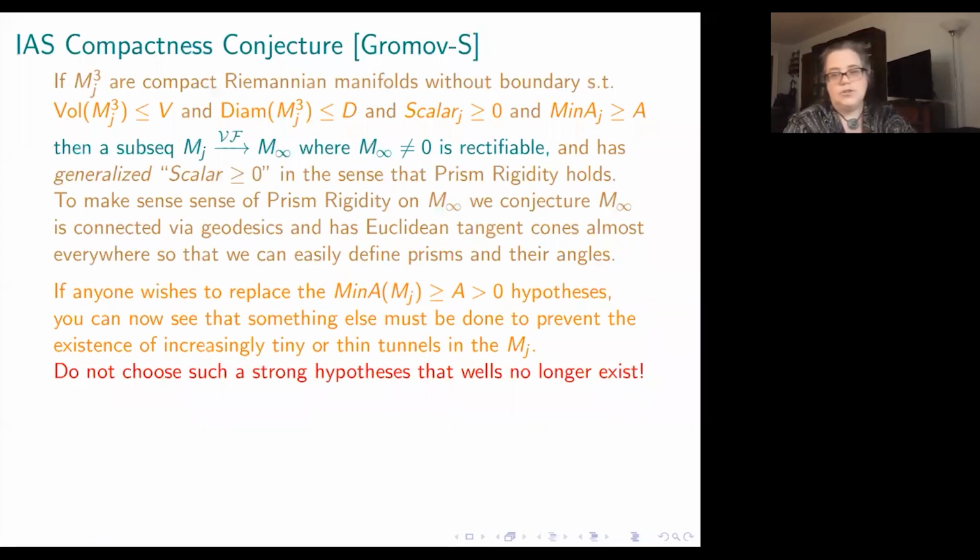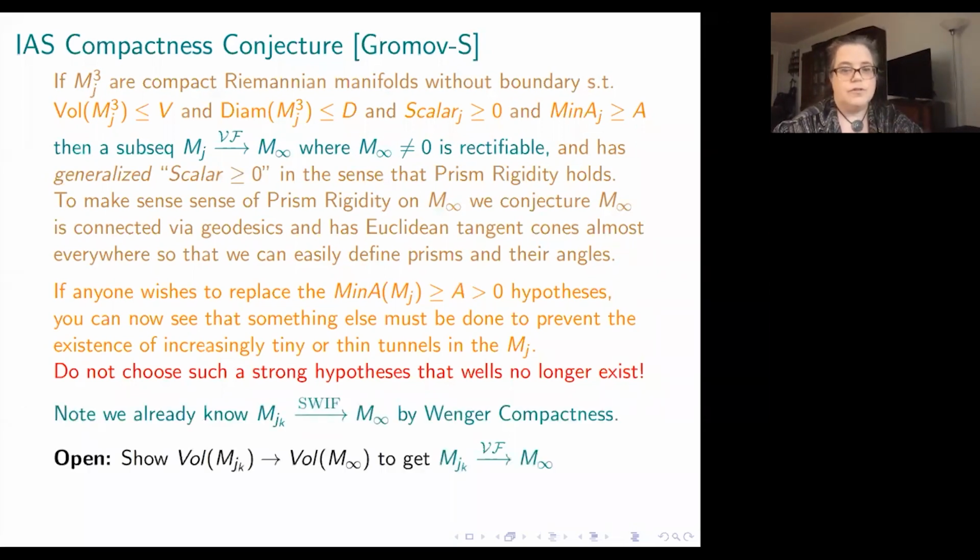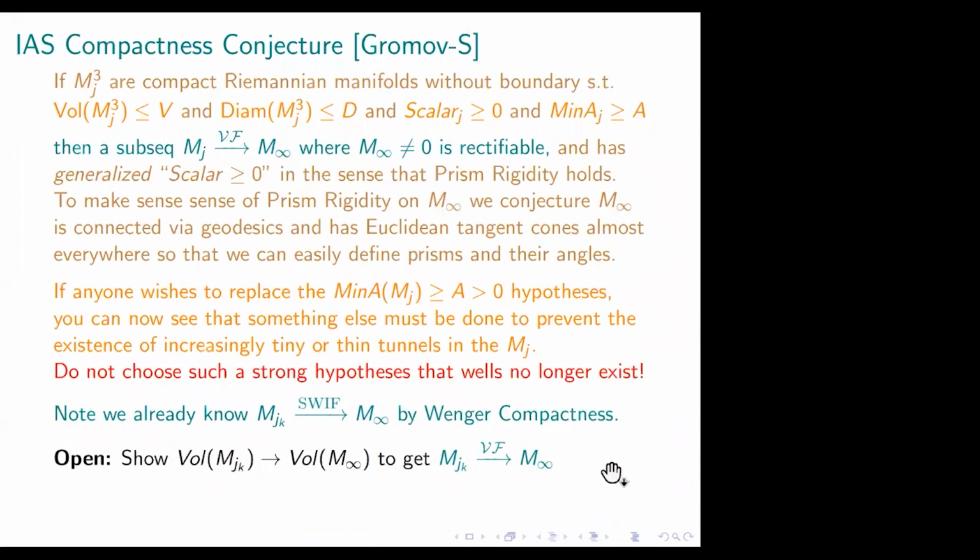And we also would like to choose a hypothesis that isn't too strong because I'd like wells to still exist. So this min A hypothesis allows the existence of wells. It doesn't say that wells can't exist because they don't cause a minimal surface as long as they're decreasing as you go outward. And remember, we already have the Swift convergence. So the main thing, the first step towards proving this conjecture would be to try to show volumes converge. So it'd be really nice to know these four conditions, do they imply the volumes converge to the limit that you get under Wenger's compactness? That's the first